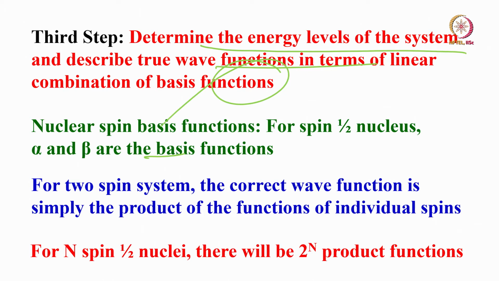Instead of 2, let us say 3 nuclear spins are interacting. How many can you think of? Each of them will have alpha and beta spin states. So, various permutations and combinations you can think of. Then it is 2 cubed, 8. There will be 8 product functions. If you go to 4 spins, 16 will be there. So, the general formula is, for n coupled spins, there are 2 to the power of n product functions. You understand? For n nuclear spins, if they are coupled among themselves, there will be 2 to the power of n product functions.